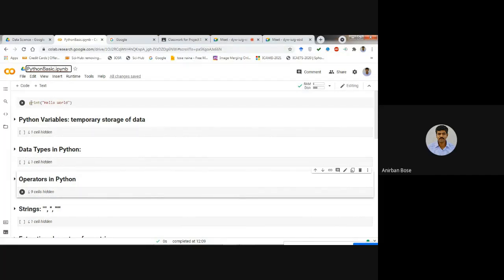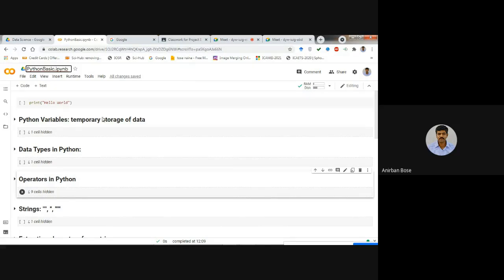Okay, so here you see there are two options. One is plus code and the other is plus text. Plus code means if you click on plus code, then a cell will come where you can write your code. And if you click on plus text, then a cell will come where you can write some text, like information.